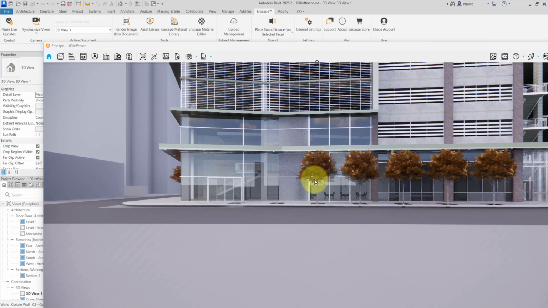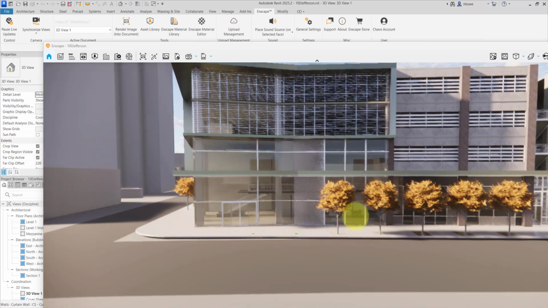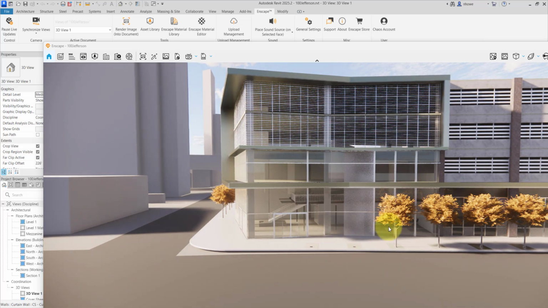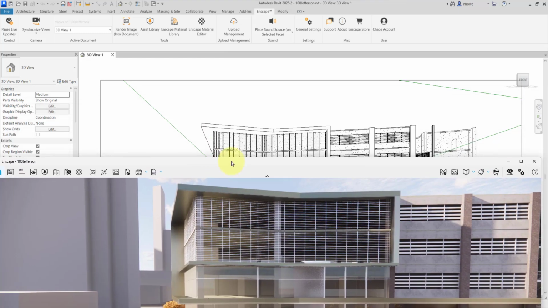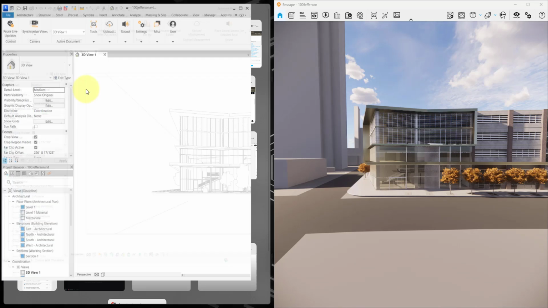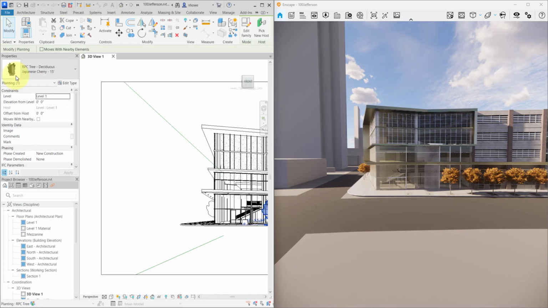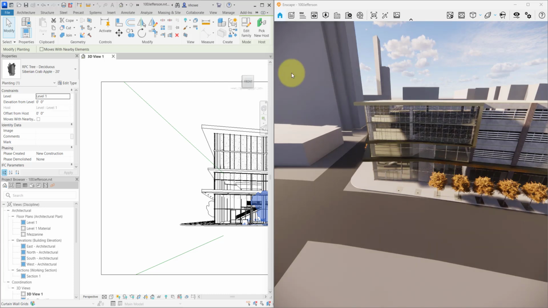Alright, well, it's a good idea to always update your software, but that did not help at all. You can see I still have 2 missing trees. I still can't change the other trees to make it appear better. So yeah, I'll just try it again. Yeah, it's not really updating. So